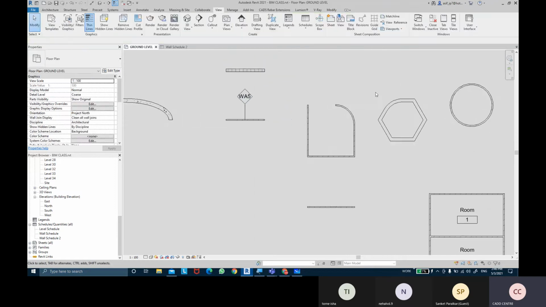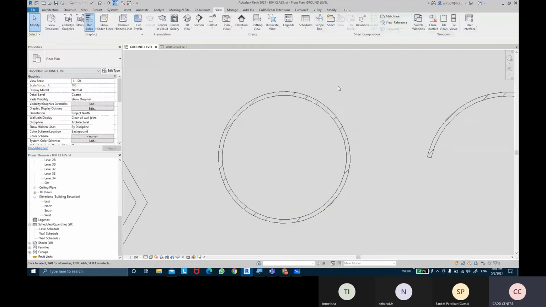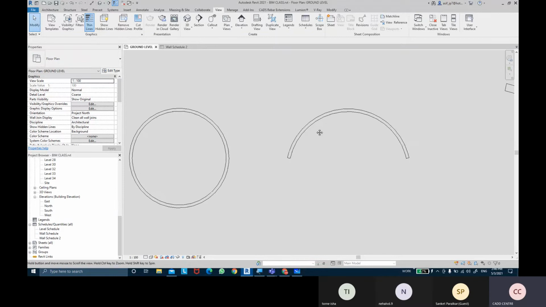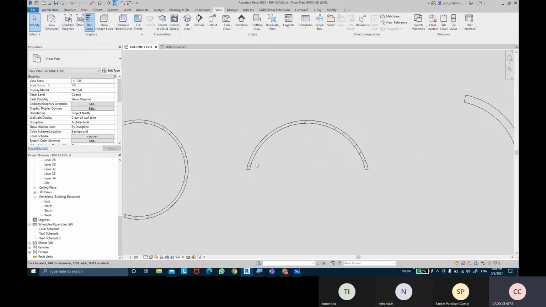Now all of these walls are there, but none of these walls have any detailing. I mean, they have only the core material, but there's no detail of plasters or paint. So if I want to add a layer of plaster or paint on the walls, how do we add a layer of material on top of this wall? So if I want to add an external plaster of 15 and an internal plaster of 12 and then maybe an external paint and maybe an internal paint material to this wall.